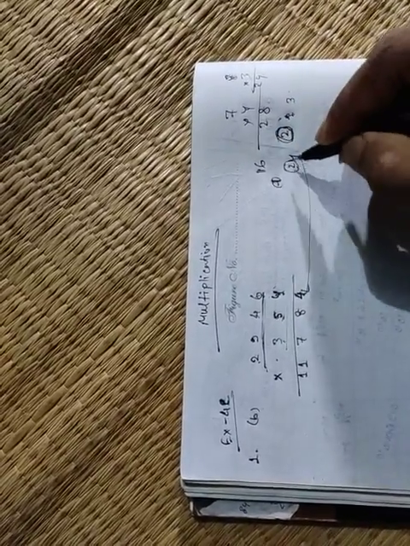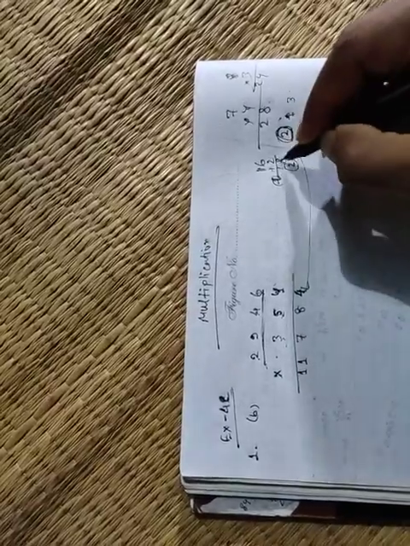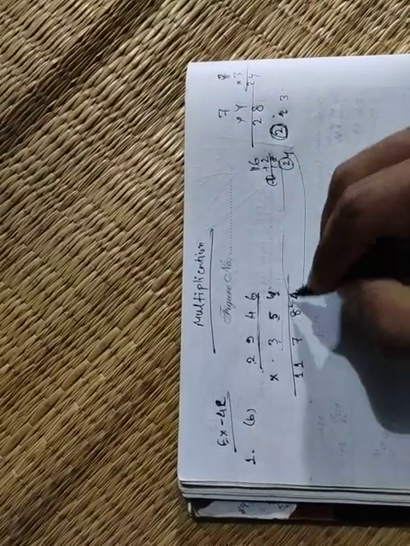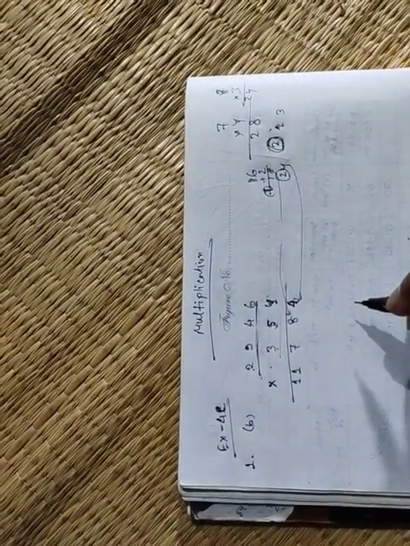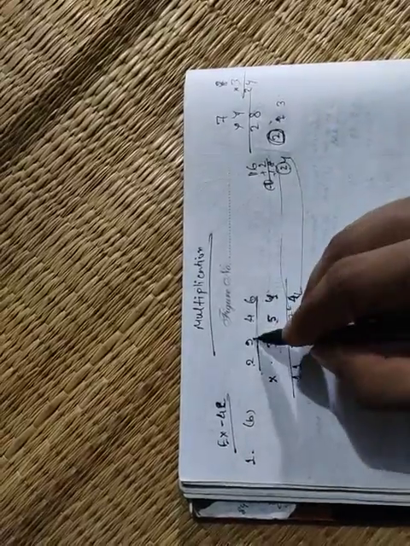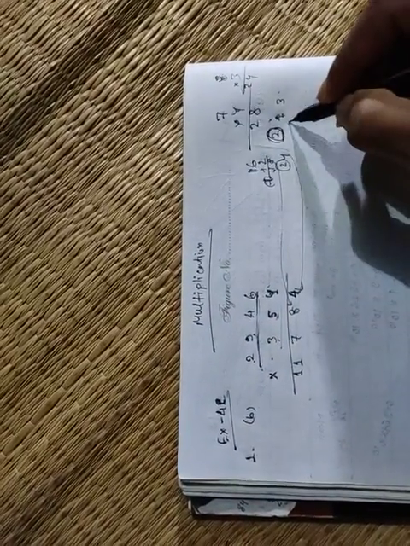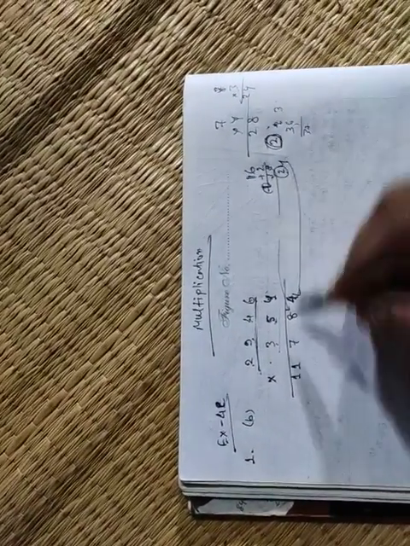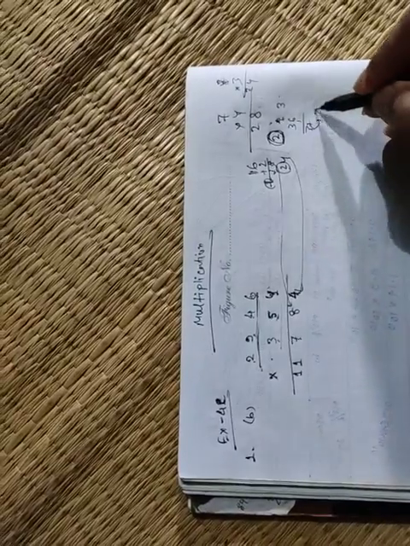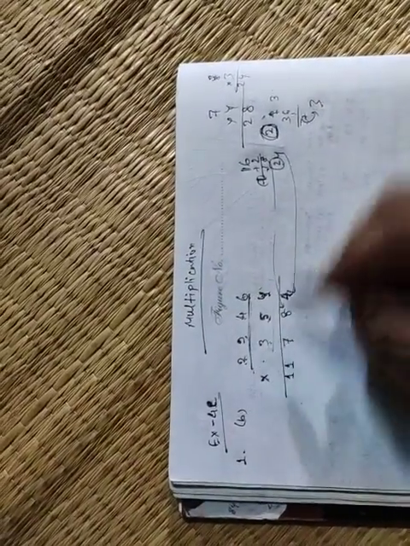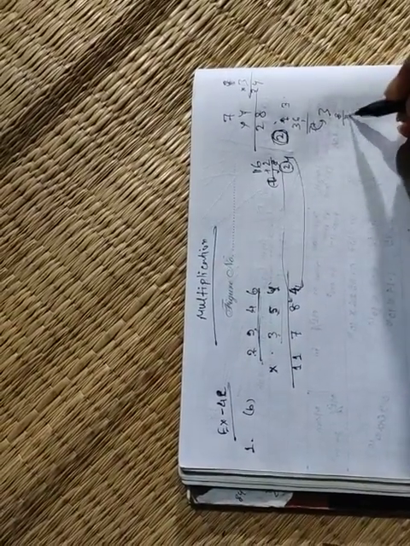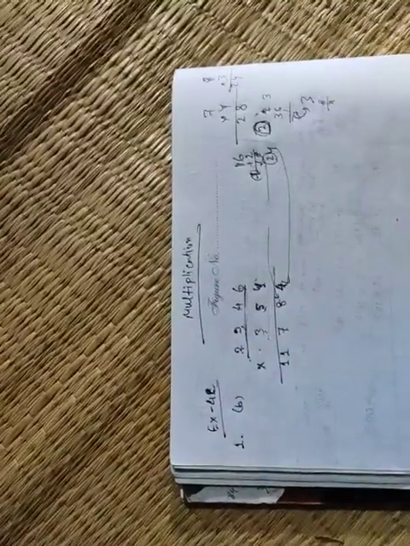and 2 was carry, so 2 will be added: 16 plus 2 is 18, again 8 will be here and 1 will be carry. Again 4 9s are 36, 1 carry added, 36 plus 1 is 37, so 7 will be placed here and 3 will be carry. 4 2s are 8 plus 3 is 11, will sit here because there are no more digits.